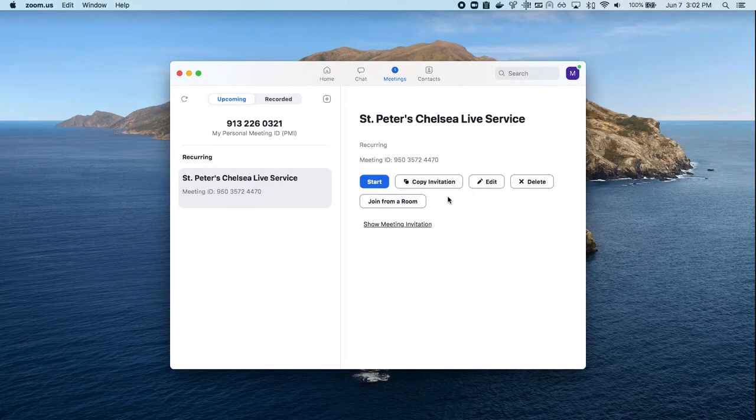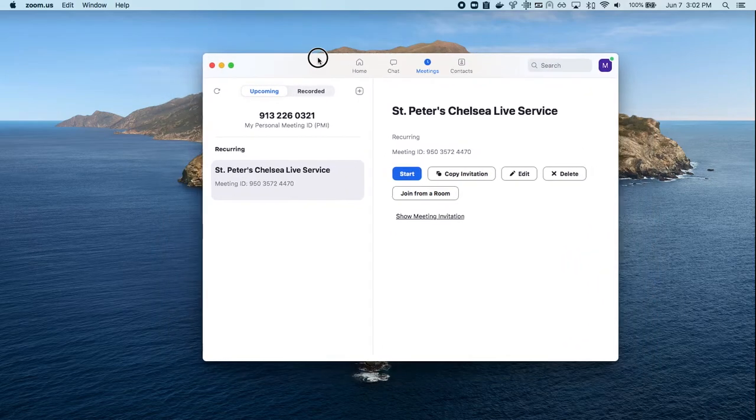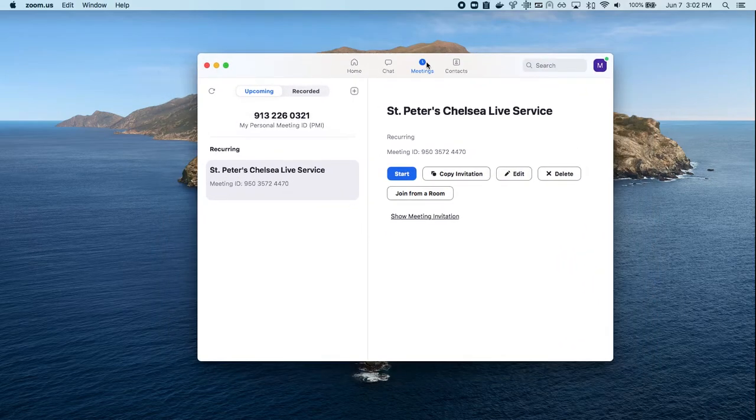Let's move over to Zoom. Over here, we see that we have the Zoom meetings interface. If you're logged into the Tech at St. Peter's Chelsea email address, I already have just a recurring meeting every Sunday. That is the meeting ID that we use for our live services. So we'll start this meeting,